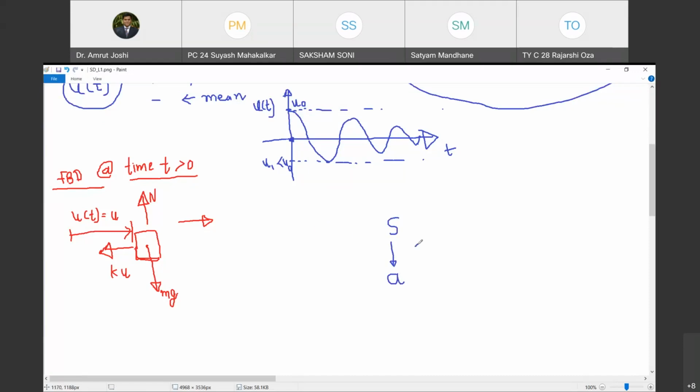S and A. The relationship travels through V. Do you agree with me? Yes, sir. What is velocity? Velocity is the first derivative of position. Don't say distance, say change in position. Do you agree with me? Yes, sir. This is velocity. And acceleration is the first derivative of velocity. Do you agree with me? Yes, sir. So is it the second derivative of position? Yes, sir. Would you agree with me on this? Yes, sir.